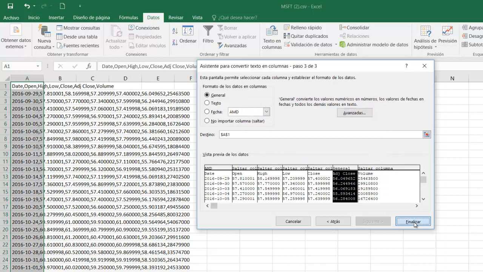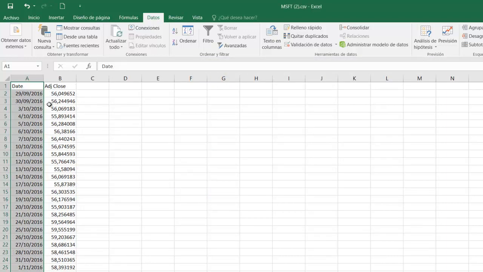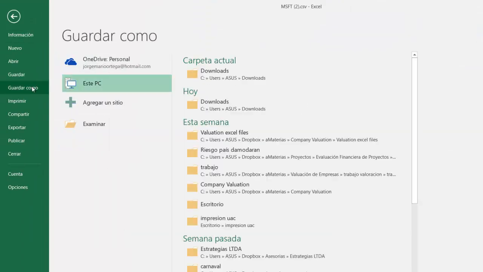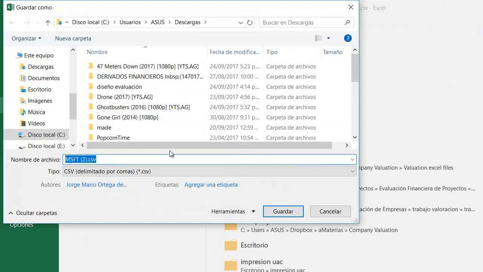Then I click on end, and as you notice, the information was imported correctly in the date column and on the prices also. One last step, which is very important every time you are importing text to column, is to save your new file as a Microsoft